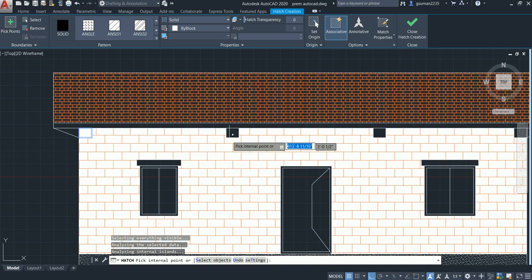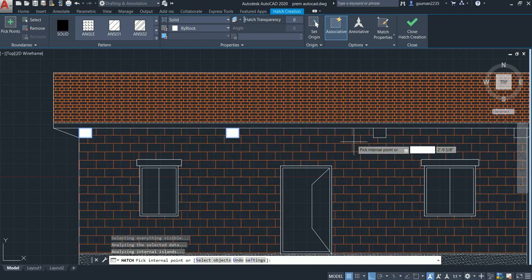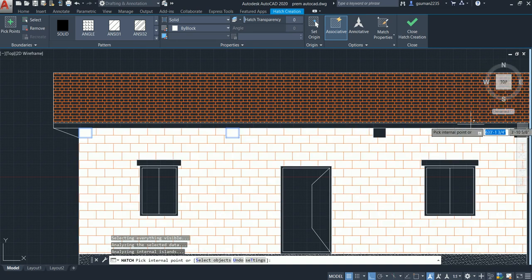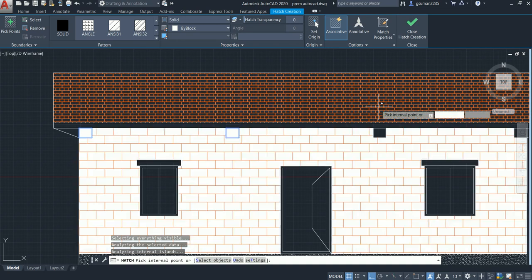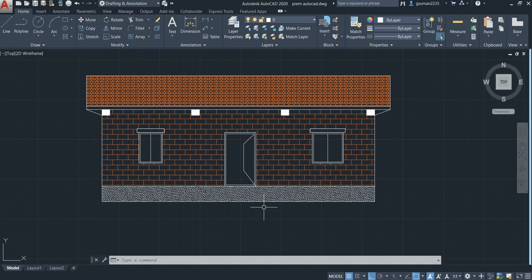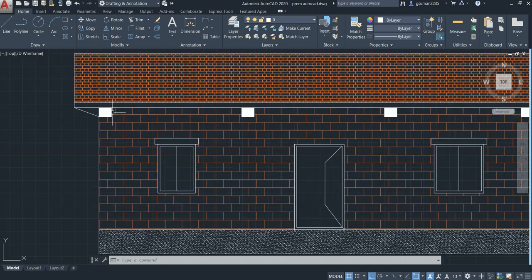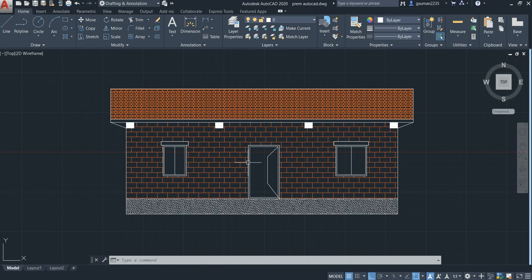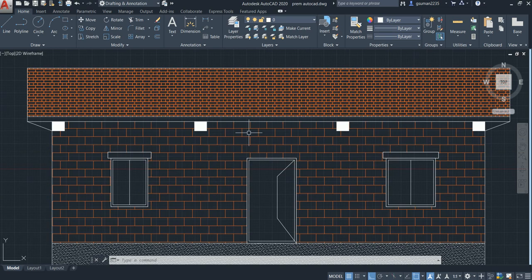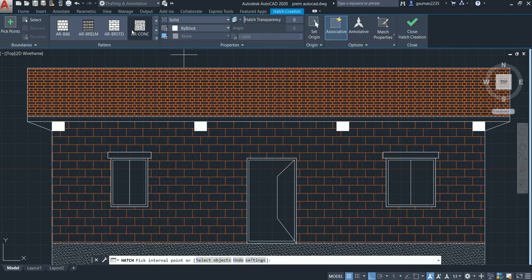In this, see, I have the hatch of the beam also. This is my elevation of the above building. Hatch and go for AR concrete for the slab.